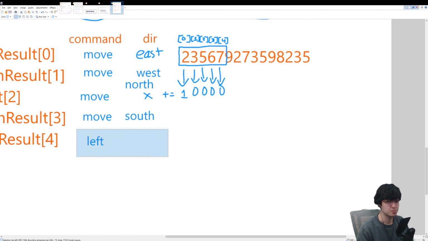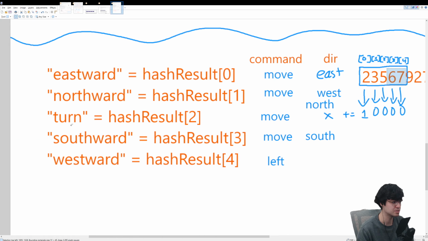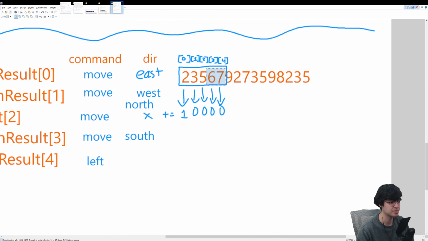So even though left is not a move command and we don't want it to move, we have to make east, north, these first 2 digits, as well as west and south, those last 2 digits, of this 5-digit section of the hash, always controlled to be 0 if we want to use a simple assignment like this, where we don't want to have to process what's coming out of this. We want it to just throw it in unprocessed by finding that magic number t